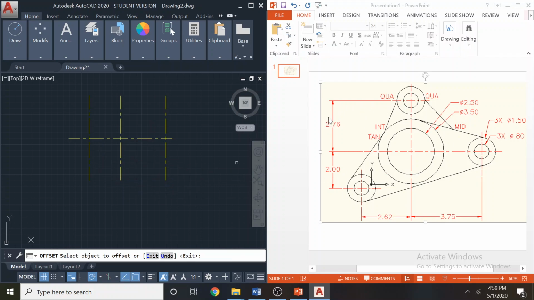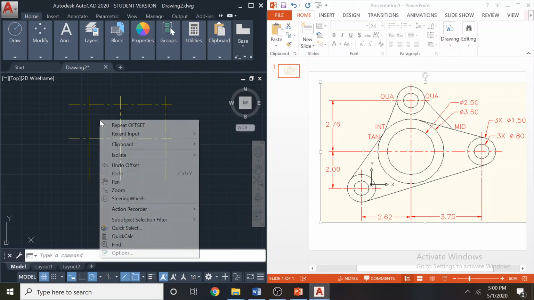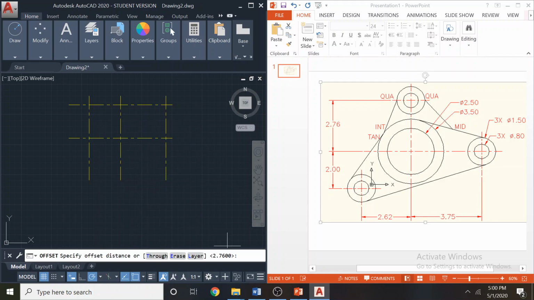Then the horizontal line 2.76, this side. Repeat offset. This is 2, this side. So I got all the required horizontal and vertical lines. Some lines may be big. We can just reduce the size later.